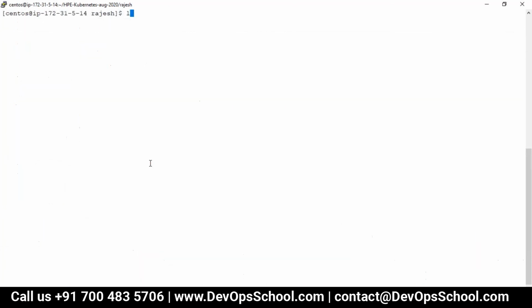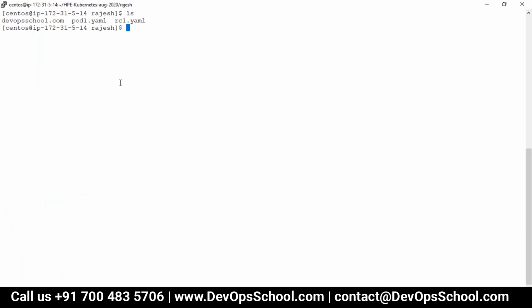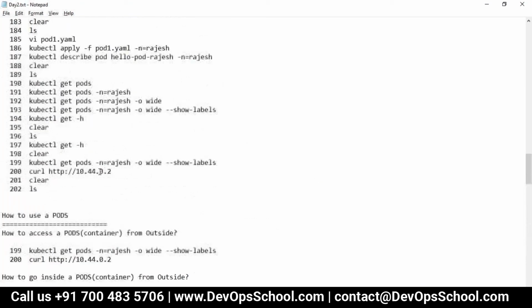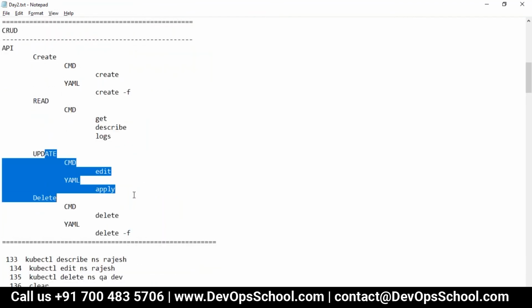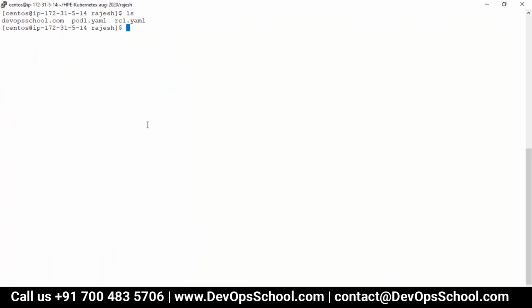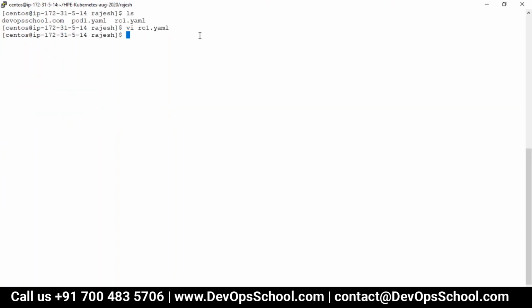Now I'm going to show you the beauty of replication. So can I do one thing? I did the same flow, and you have to do this. Never forget: I created, I read it, I described it. I'm going to edit now. Here rc1, you can do edit also, but this time instead of 2, let's say 5. Here I created 5. Now I'm going to apply.